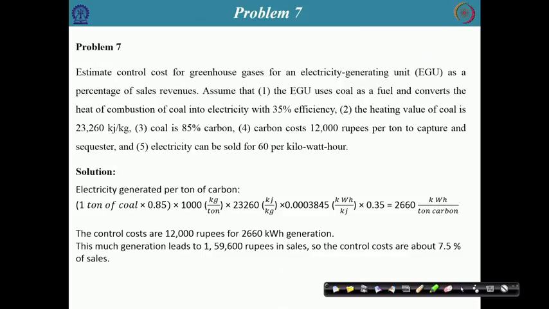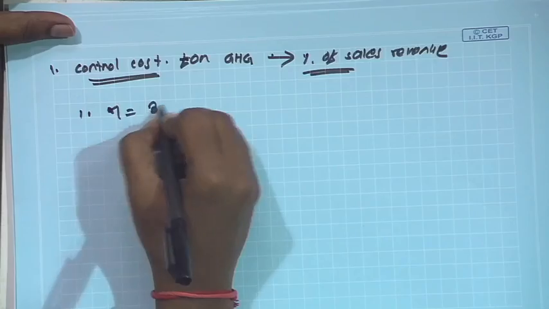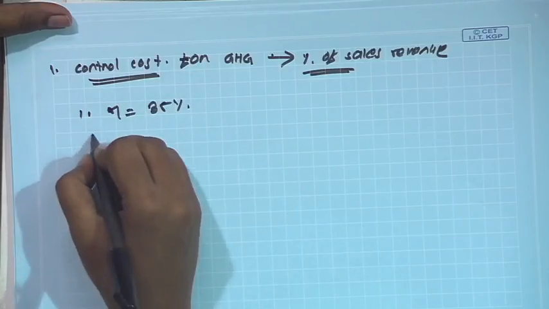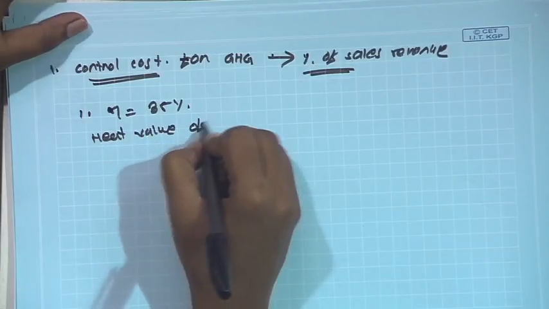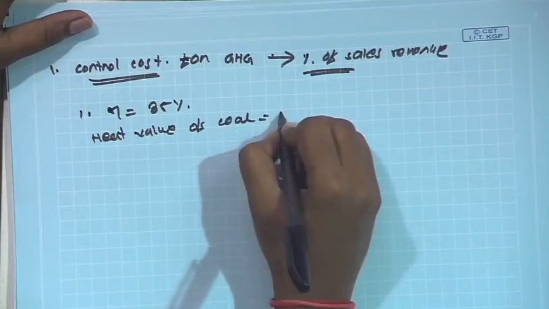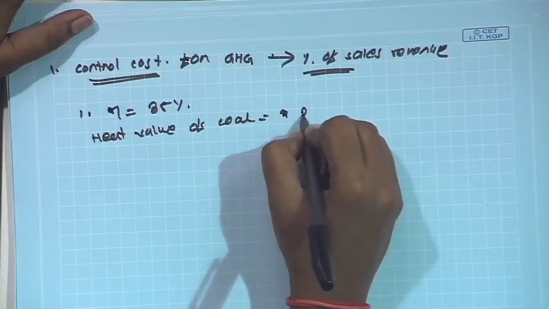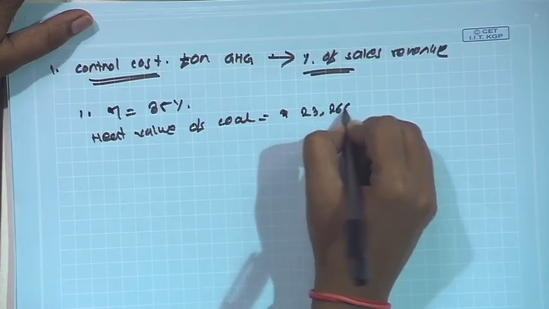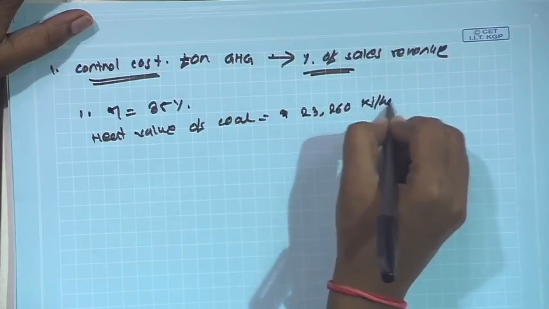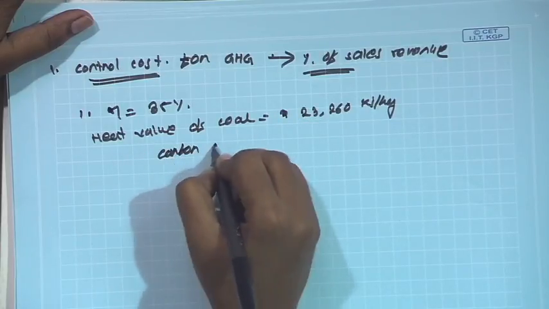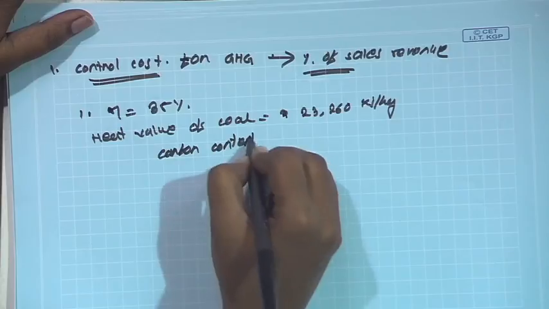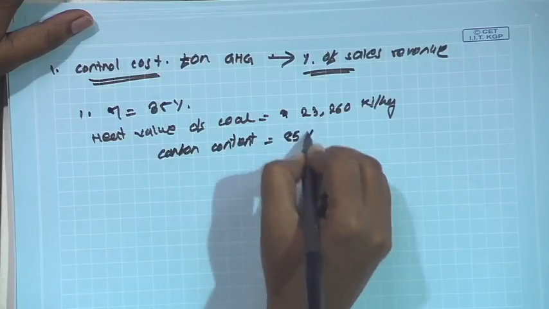Then the heating value of coal is 23,260 kilojoule per kg, and carbon content is 85%,